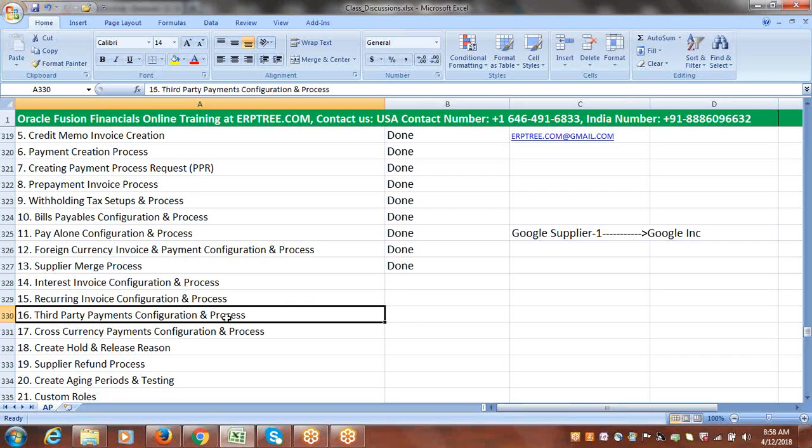Now we'll see the third party payments. Okay. So to test these third party payments, we'll do the required configuration. We'll set up what configuration is required. So and to go with the scenario,